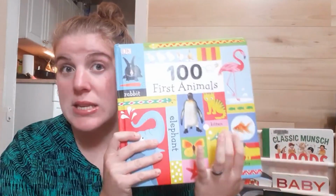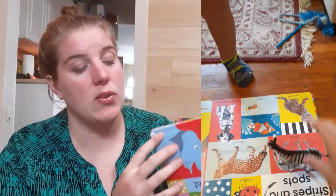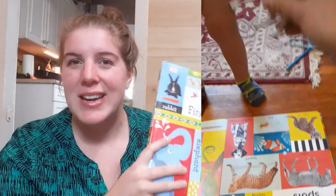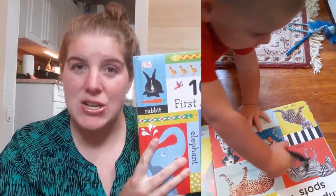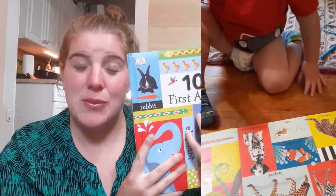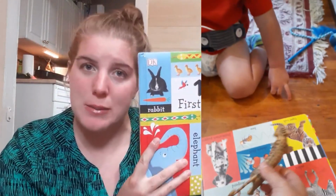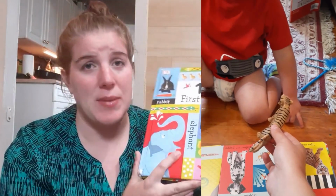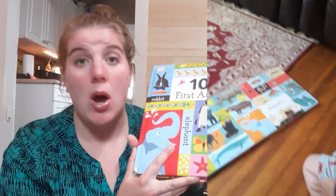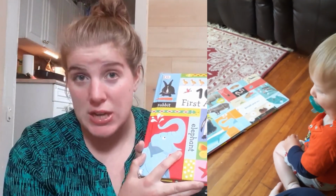I think I showed this in my last book update. He's had this for a while. It's super well loved. And we've actually started taking his 3D animals and matching them to some of the animals in here. So that's kind of an extra language development that we've done as well. But this one is something that he comes back to all the time, so much so that I actually have it out of rotation right now,